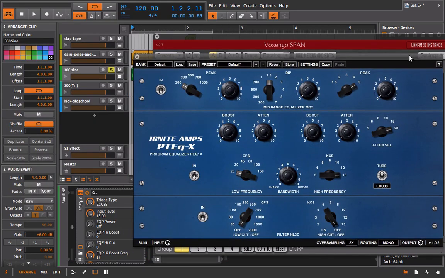Again, on a sine wave, this isn't the best practical example. You're going to be doing this with an actual signal, but a lot of times people put on these analog style EQs not realizing that they do kind of have to push the input gain a little bit if they actually want to hear that character. Otherwise, you're just playing in the bounds like we talked about in the presentation. You're not going over what that amplifier is capable of handling,